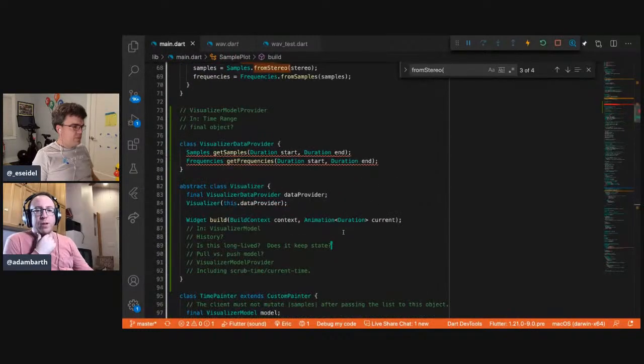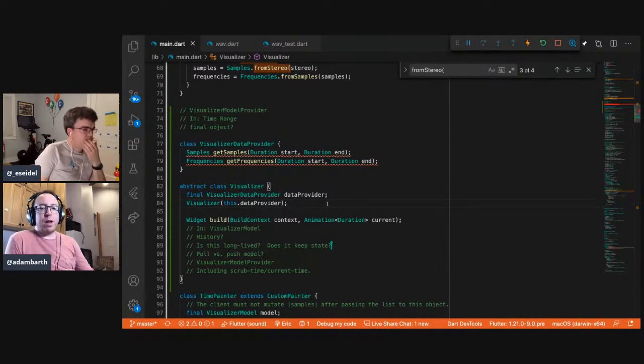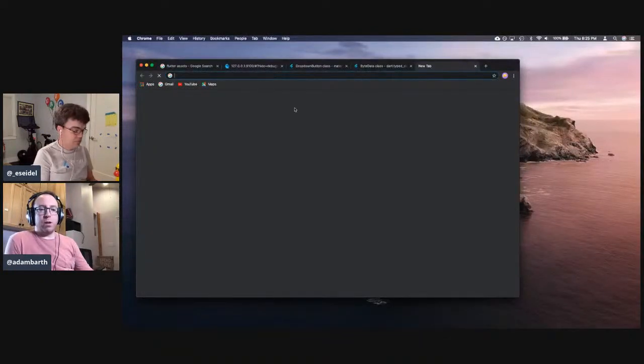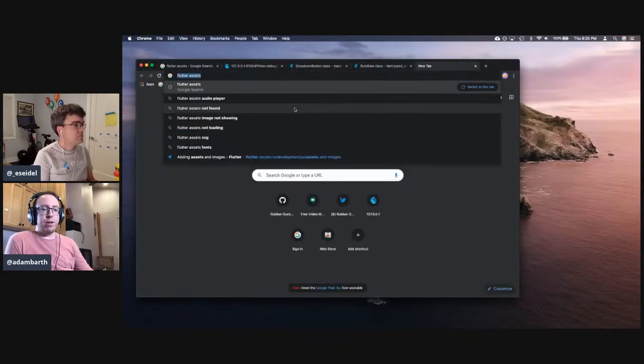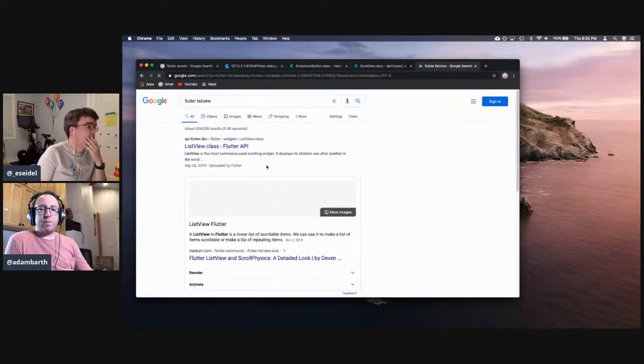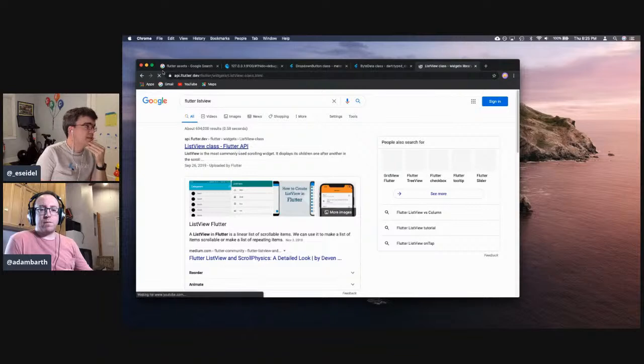Yeah, so I would look for an example in the Flutter framework to see what might be idiomatic. And so I would look at the list, the sort of list constellation of classes, because they often have build methods that say, build item 7 of the list. Yeah, these sort of builder classes.